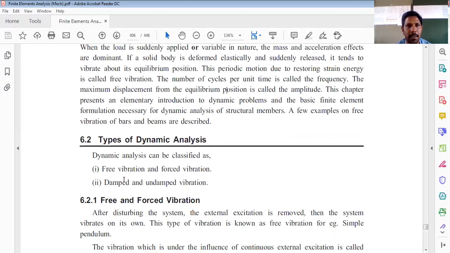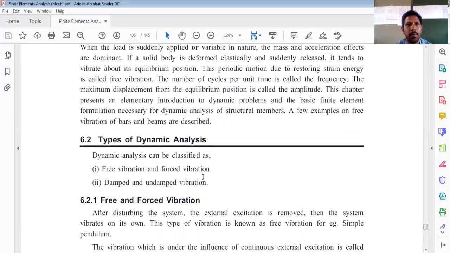If a system is disturbed with the help of some initial force and it is left for continuous oscillations, without having continuous excitation on the system, then that particular vibrating system is said to be in free vibration. And if the member is subjected to a continuous exciting force, then it is going to have certain oscillations and thereby forced frequencies. For those conditions, we may call it forced vibrations. If a member is subjected to a continuous exciting force, then it is termed a forced vibrating system.